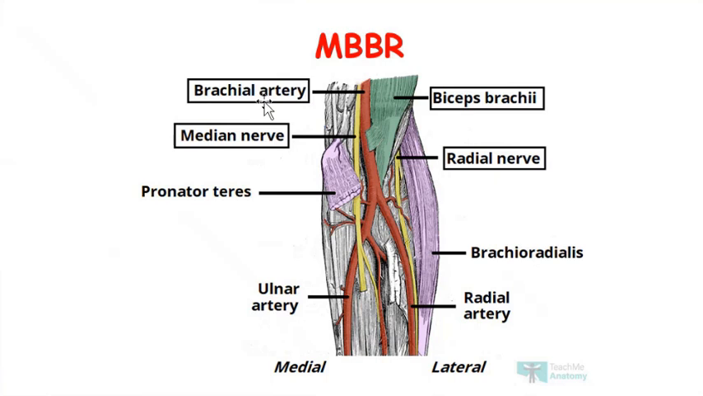Remember, artery is A, so artery should come first, because we also have biceps that starts with B, right? So don't get confused about which is first, biceps or brachial artery. Artery is A, so A should come first. So median nerve, brachial artery, followed by the biceps brachii tendon. This is the tendon of biceps brachii. Fine. And then the radial nerve. So these are the 4 contents of